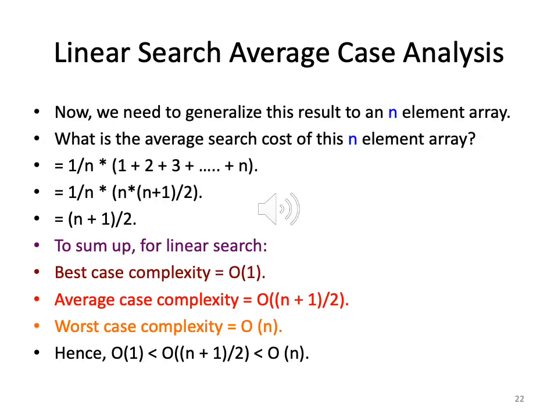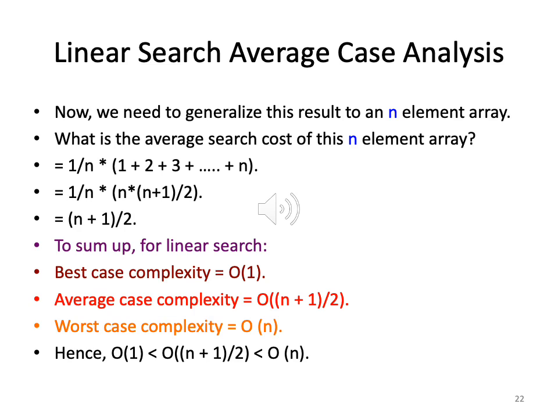So now I am on slide 22. To carry over from the previous one, the final expression we get is n plus 1 by 2, which is n divided by 2. We can, if we want, ignore the plus 1 for large values of n. So to sum up, what is our analysis for linear search? Best case complexity is of the order of 1 comparison. Average case complexity is of the order of n plus 1 by 2 or n by 2, and worst case complexity is n. So O of 1 is less than O of n plus 1 by 2 is less than n.